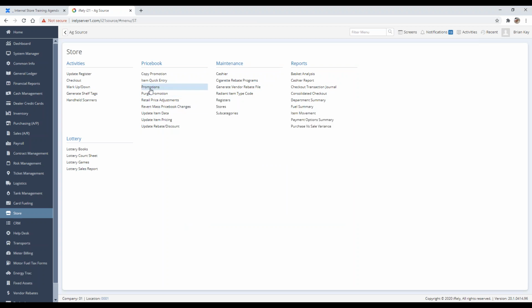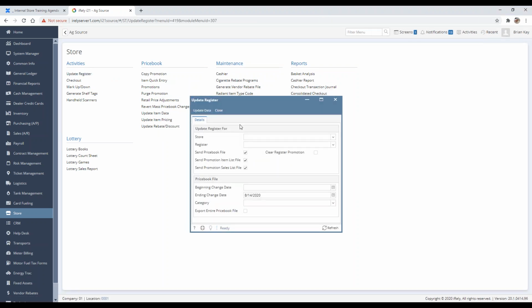All right. So the one other thing related to promotions is when you do the update to the register. We talked about this one previously, but you'll see here there's flags to send the promotion item list and also send the promotional sales, which would be the mix and match and combos. And then there's also a checkbox here for clearing the promotion files. So what we found is when we're migrating customers to our solution, the first time they send promotions, they may want to clear the register promotions out of the register,